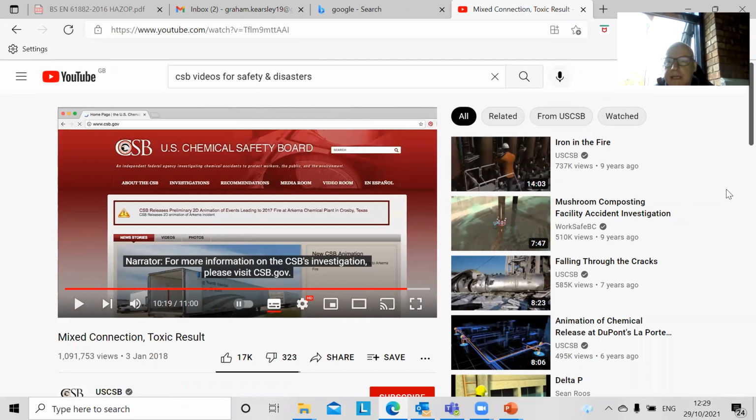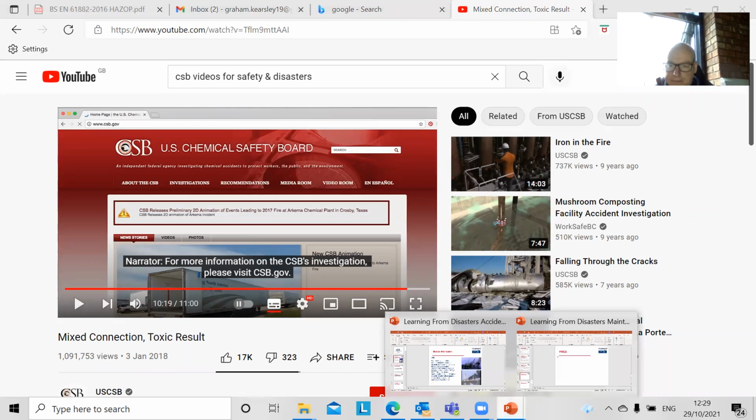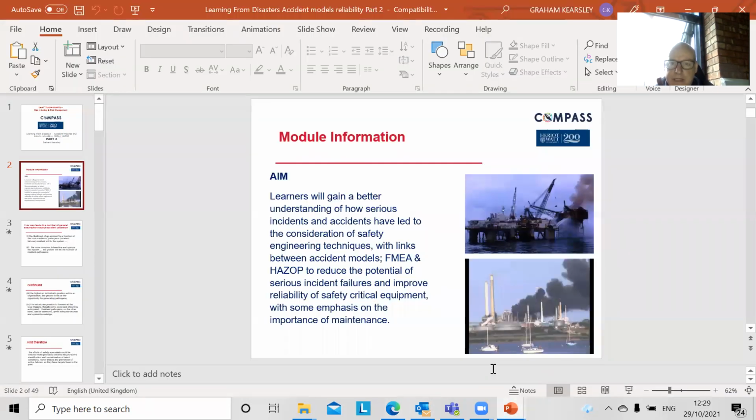So, like I say, I'm a fan of the CSB because they do these animated interpretations of an investigation and the learnings from it, which is great. But it also helps us in terms of how we use that information. And you could perhaps see some similarities with other disasters. And when you look at statistics, there's been 4 other similar incidents that took place in a period of a couple of years. So there's those concerns in terms of the potential, and again how this can be used.